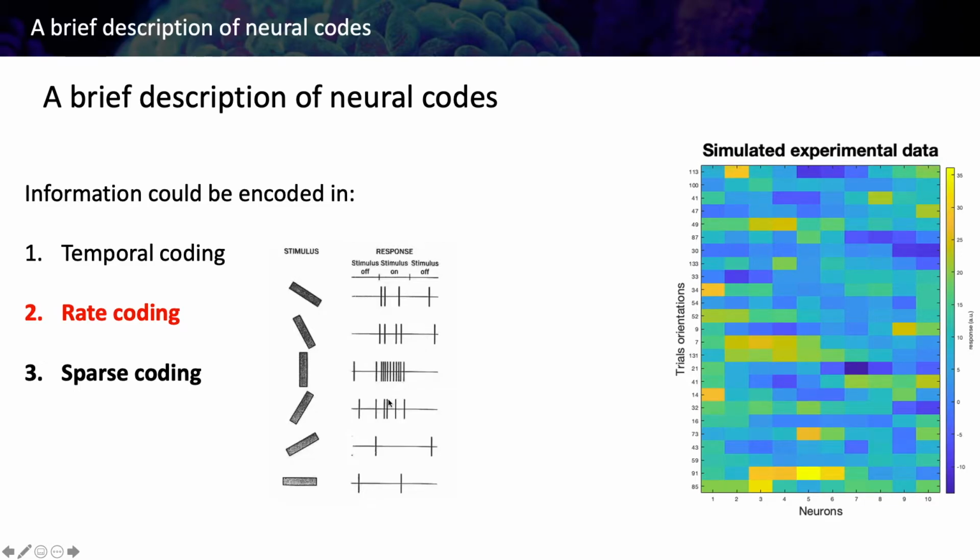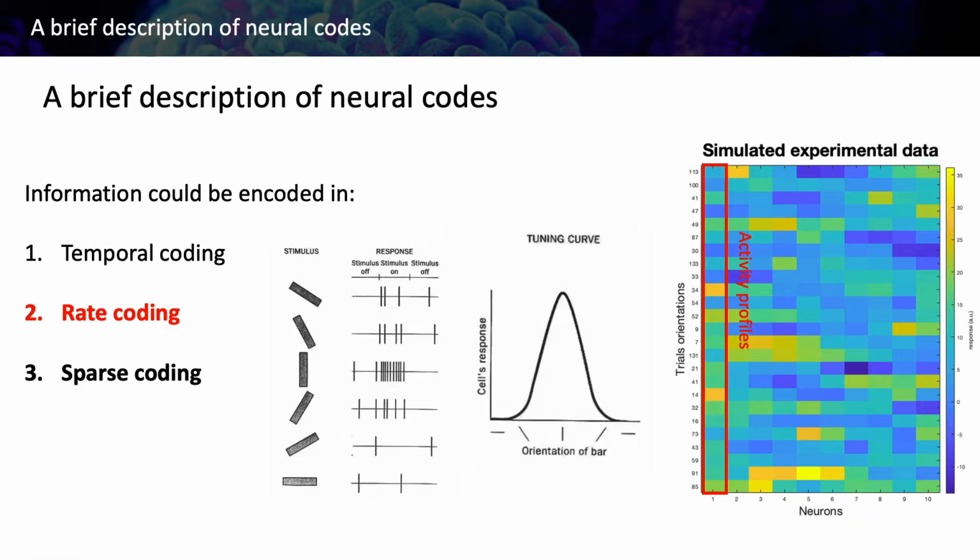And when it's completely vertical, we reach a peak of activity, right? So there is a very strong firing rate. If we collect all these responses to the different stimuli for one neuron, we can capture the activity profile of this neuron, and with it we can get the tuning function of the neuron. So what is the preferred orientation of the neuron, how spread is the tuning, so how specific is firing for one orientation or for other orientations.